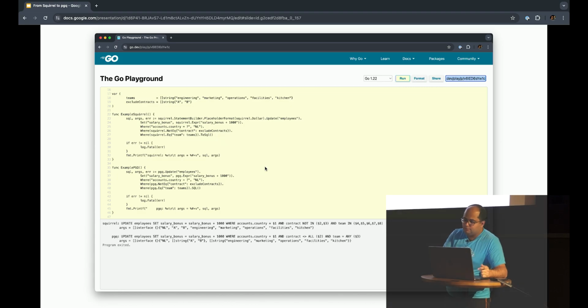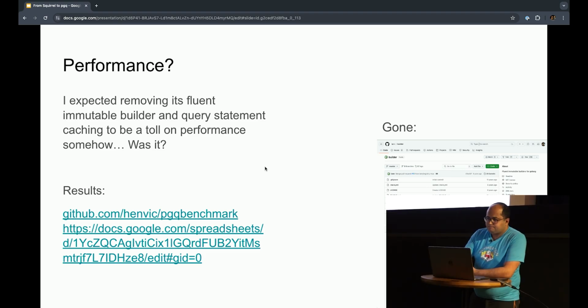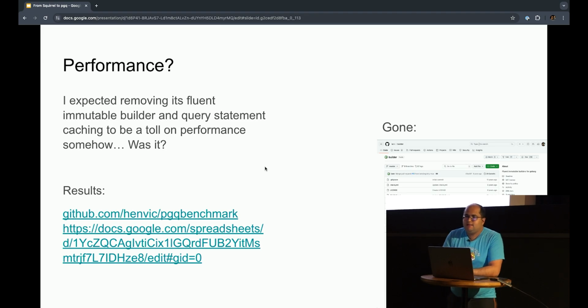So there was a surprise that I didn't expect, or at least didn't expect much. It was regarding performance. So first thing is, does this even matter? Because we are not talking about the performance of the database calls, let's say. I'm talking about the performance in generating strings. That seems to be like a much smaller problem.